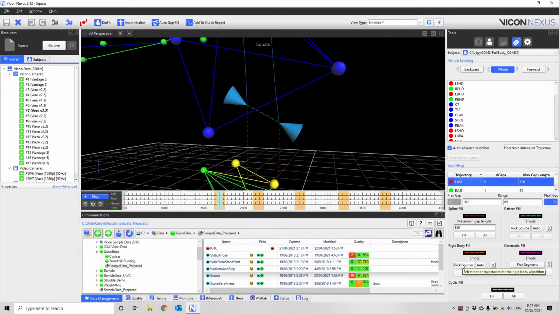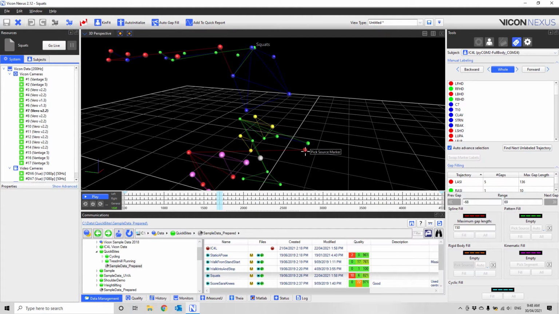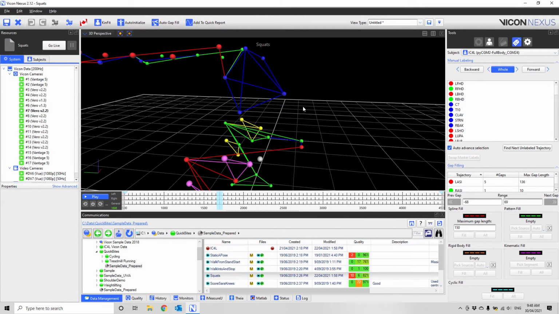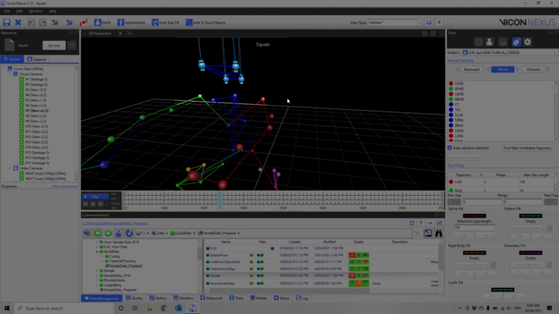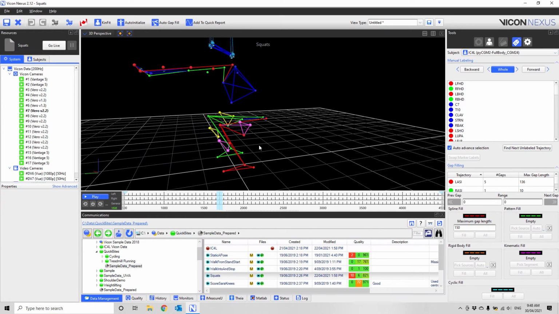First, 3 other markers must be selected, and second, these other marker trajectories must already be complete for the gap you're about to fill. This fill assumes all 4 trajectories are in a rigid or fixed orientation relative to each other, so only use this if all the markers are located on the same rigid body segment, for example, the pelvis, head, torso, or any 4 marker clusters. If those criteria are met, this is generally the best option and can be used for gaps of any size.